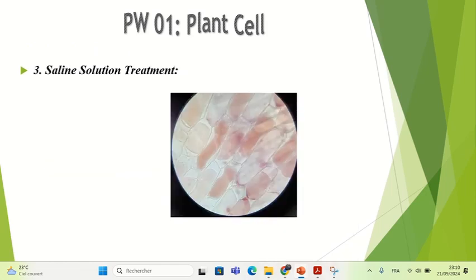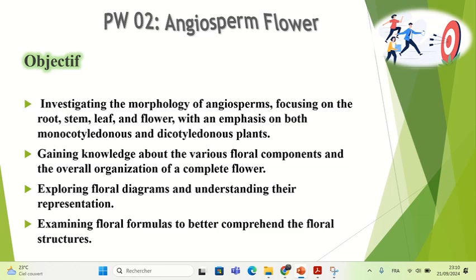The third one is the observation of the red onion cells after saline solution treatment. After that, we pass